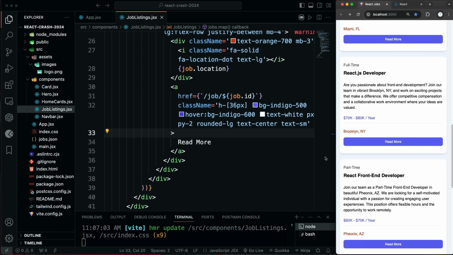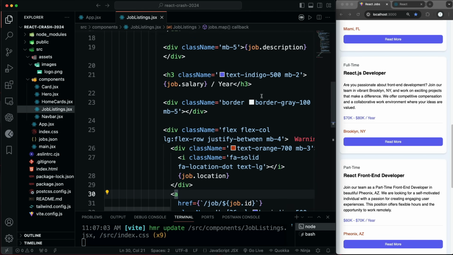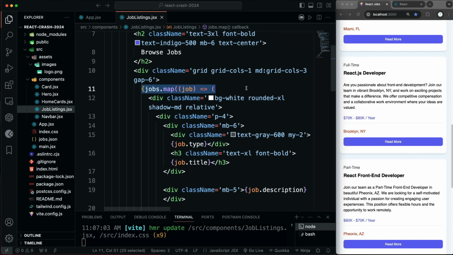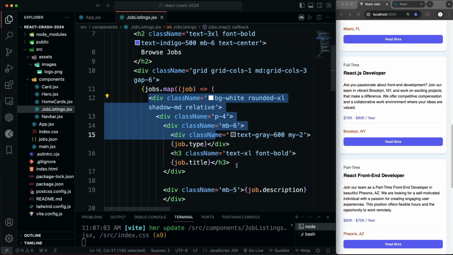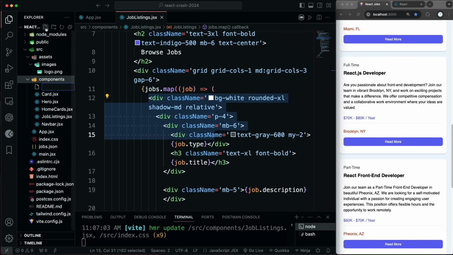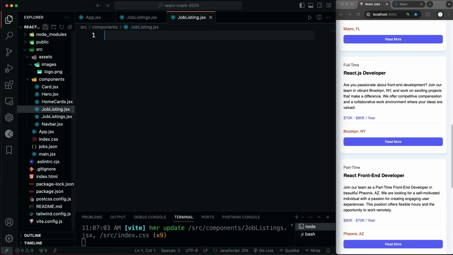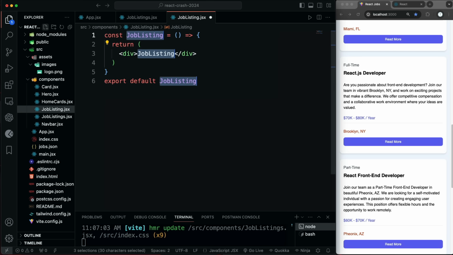Now, another thing I'd like to do is make this an actual component, because right now in our job listings, yes, we have a list, but we're just outputting a bunch of HTML. Let's make this into a single component that we can then show for every job. So in components, let's create a new file called JobListing, singular.jsx, RAFCE, and that's going to take in as a prop, we'll destructure,